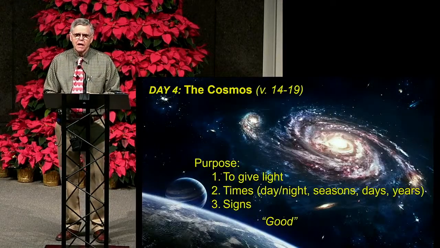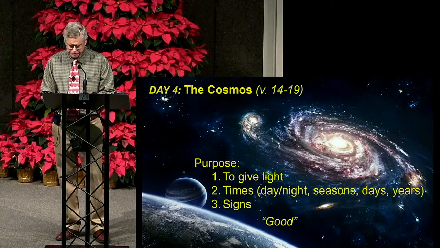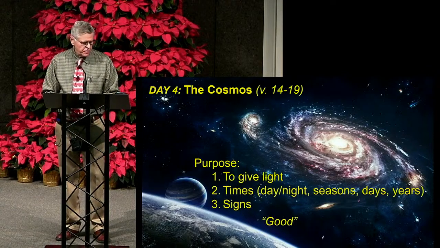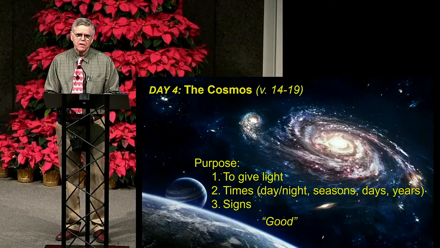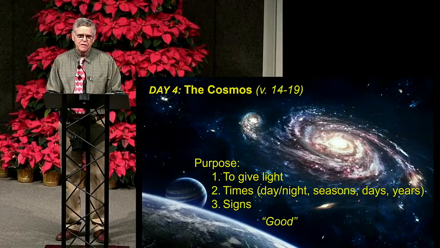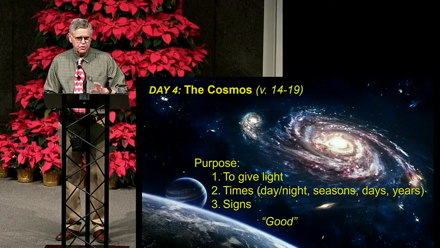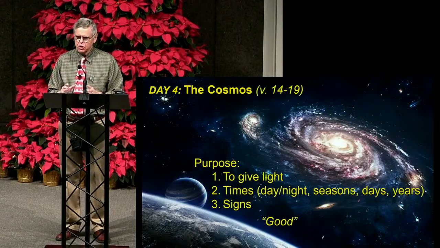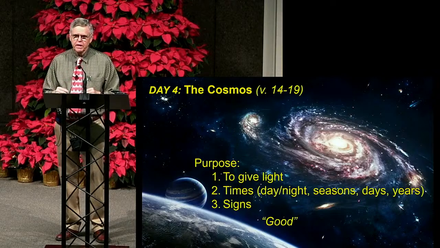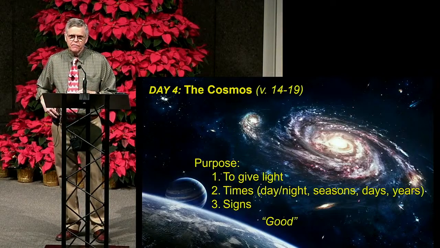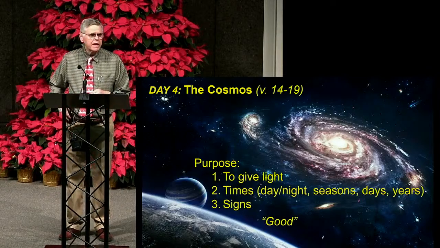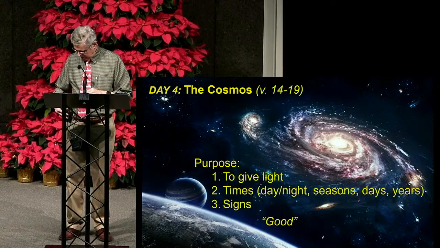And then on day 4, God created the cosmos, all the items that we see in space. And if you read this section, what I get out of it is there are 3 main purposes. One, of course, was to give light. Now, on day 1, God created light, which I said was broadly probably electromagnetic energy, but it wasn't necessarily being used to illuminate anything at that point. And here on day 4, he's actually using it to give light. And along with that, it can be used to separate the daytime from the nighttime.